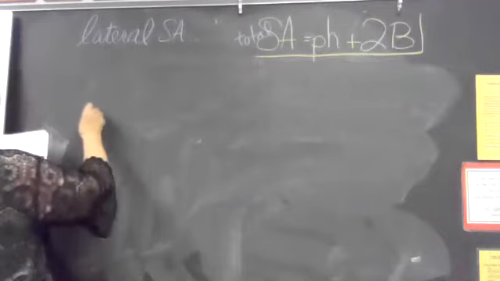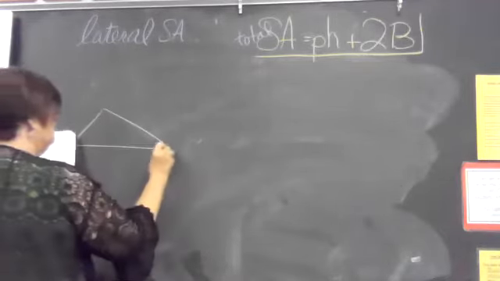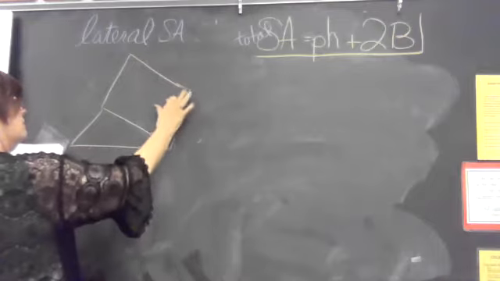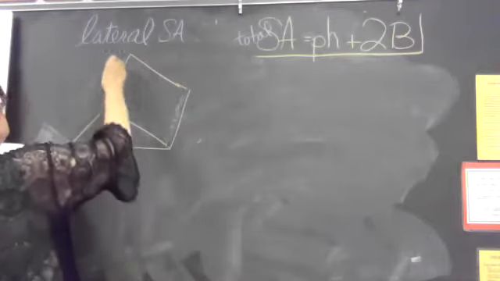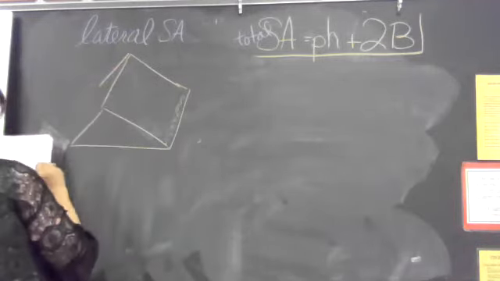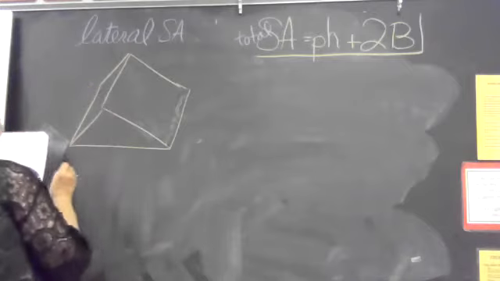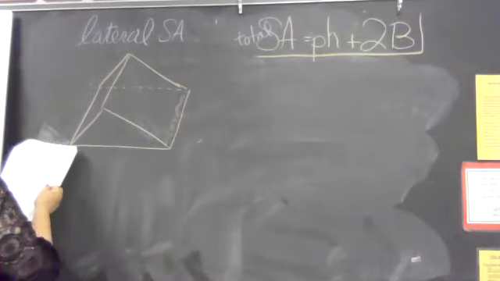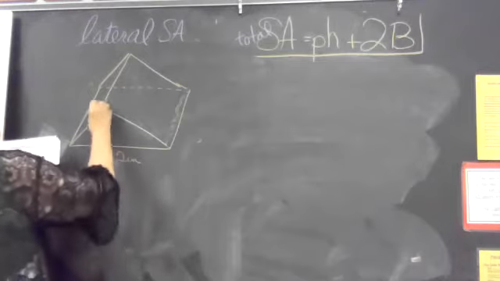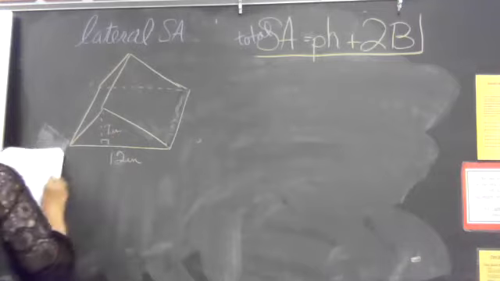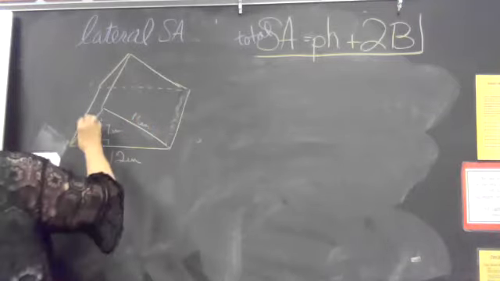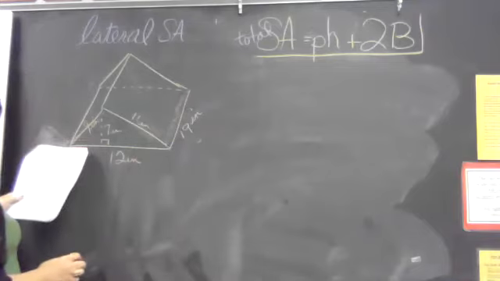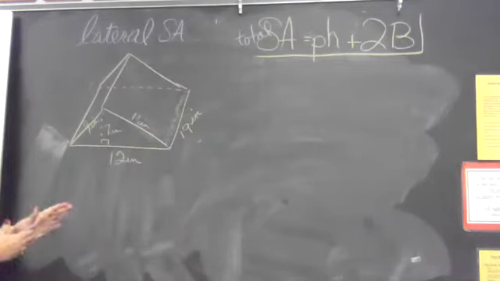So our picture for number 5 looks like this, and then comes down like this. All right, and this is 12 inches. This is 7 inches perpendicular to the base, 11 inches, and 9 inches there, 19 inches here. I think I got them all. Okay, again, the triangular prism,